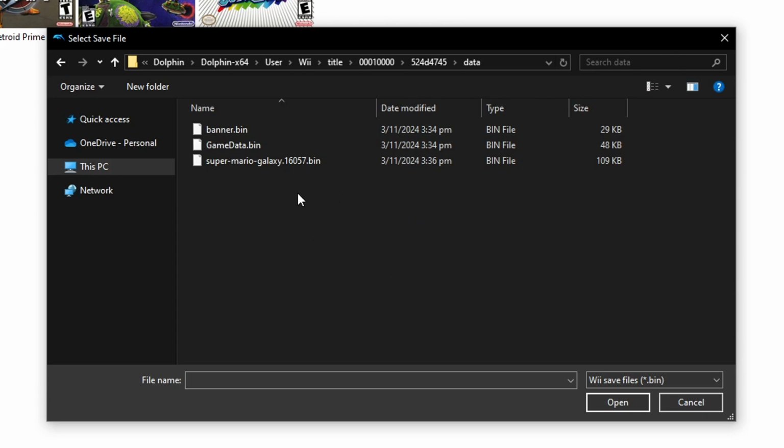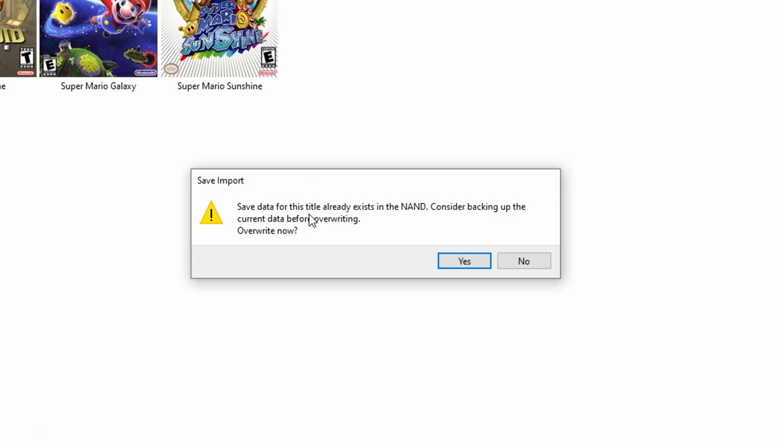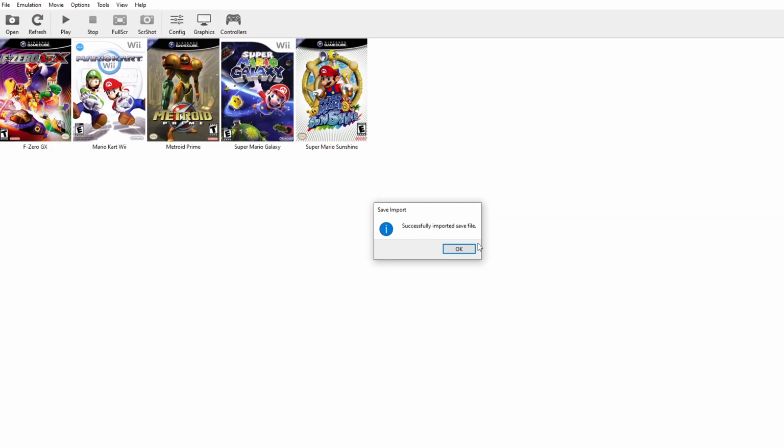And now you just have to navigate to the location where your new save file is going to be. So this is the one that I got from the internet, and you can just double click on this one, and then you're gonna see this message saying to overwrite the save file, which means that you're gonna lose your original save file. So this is the moment to back up that one as well if you want, and then just click on yes, and in pretty much just an instant, you're gonna have your save file in there. So click on OK, and you're ready to go. Your save files are now in place.